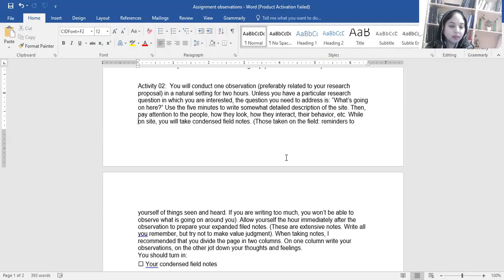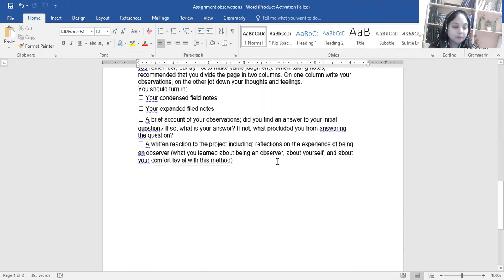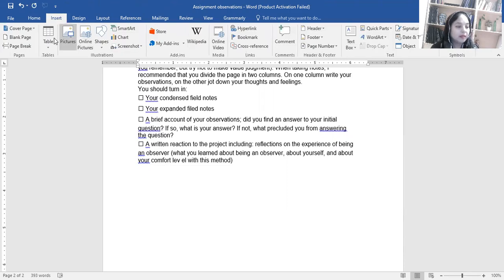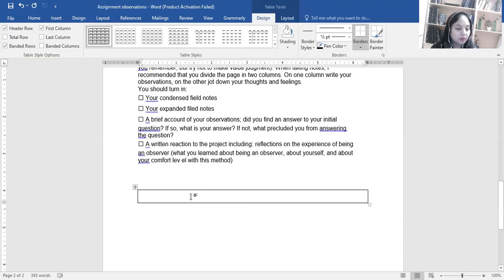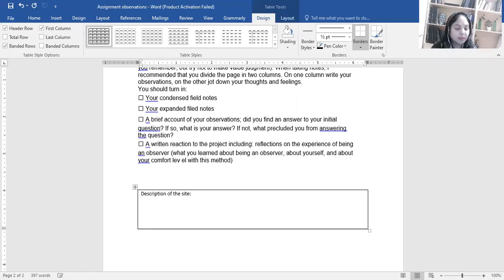So what is going on there? You need to address what is going on there. Use the 5 minutes to write some more detailed description of the site. सबसे पहले जो आप बनाएंगे वो description of एक, मैं this I am going to do this with you. एक आपके पास होगा डिस्क्रिप्शन ऑफ दी साइट, जगह क्या है, किस तरह की सेटिंग है, सोफे हैं, बेंचेस हैं, ट्रीज हैं, व्हाट इज देयर। और इसके साथ साथ आप मैप भी बनाएंगे,